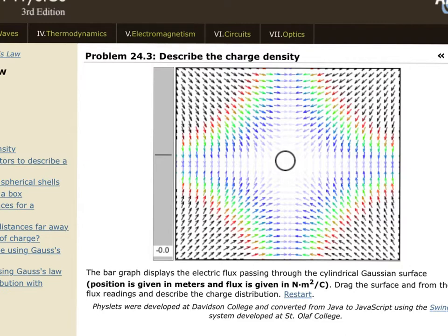And what you have is a flux detector, and you can wander around the space. And what does the flux detector do? It tells you the flux through the detector. And what does the flux through the detector tell you? It tells you the amount of charge inside the detector. But the question is charge density. Well, density